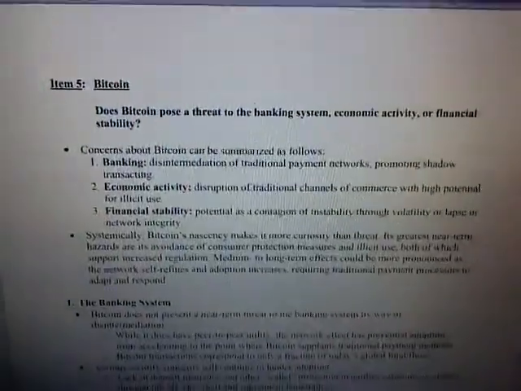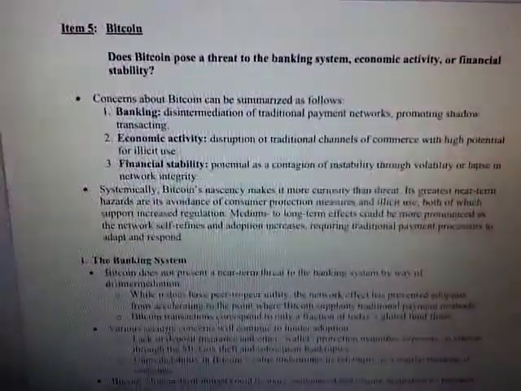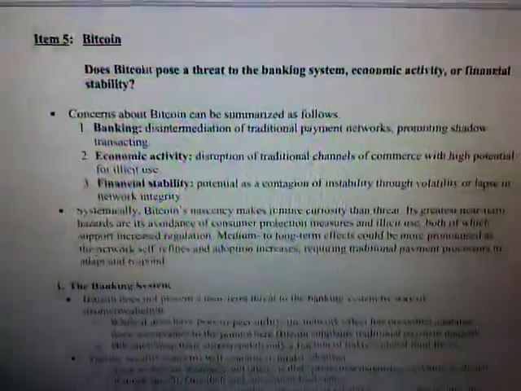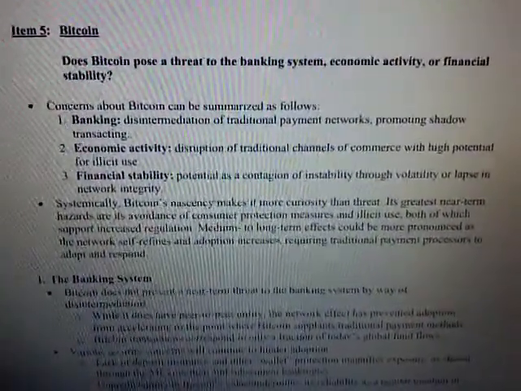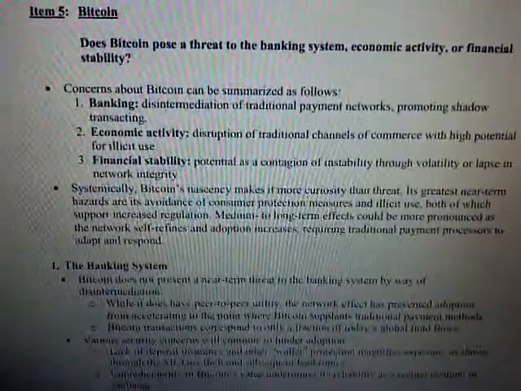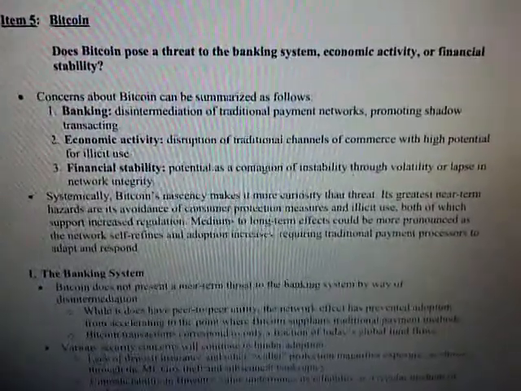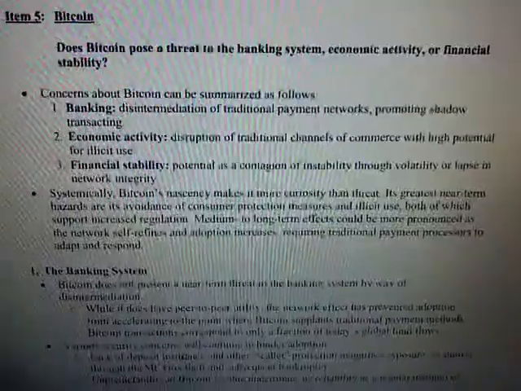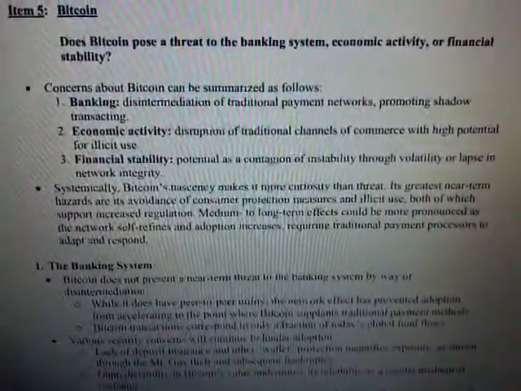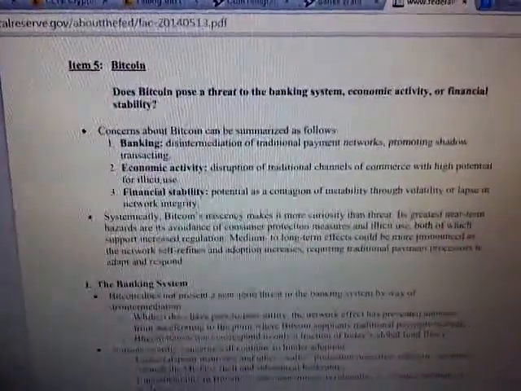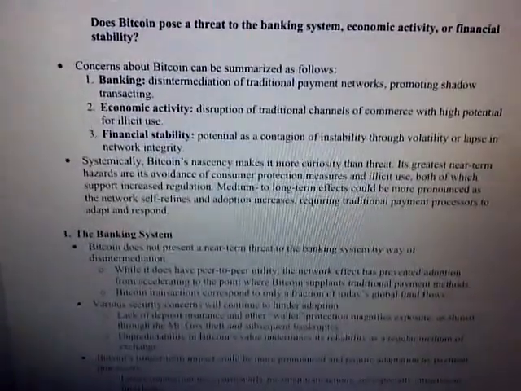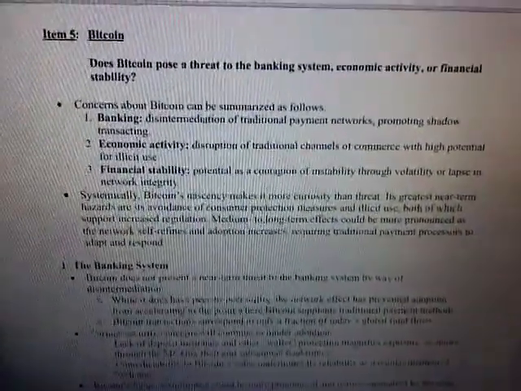And then they get into item 5 right here, and this is where the article comes into play. Let's just go over it really briefly. You all can read it on your own time. But does Bitcoin pose a threat to the banking, economy, activity, or financial stability? It's kind of interesting to see their answer. They still view it as marginal and used for illicit purposes and money laundering and whatnot. It's their idea of Bitcoin on a formal policy level. It seems they're downplaying it,